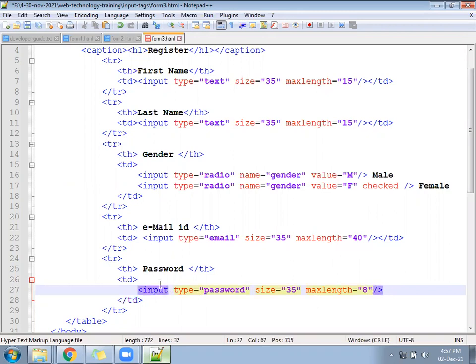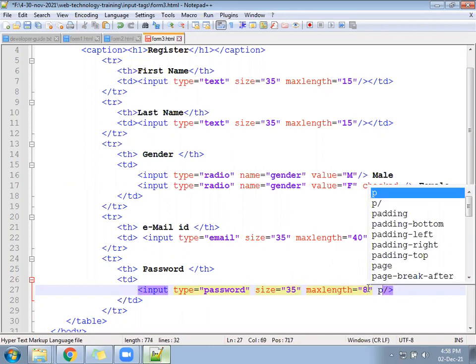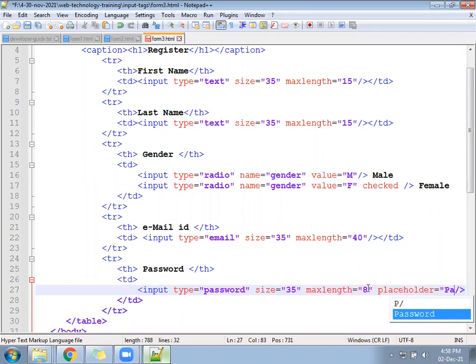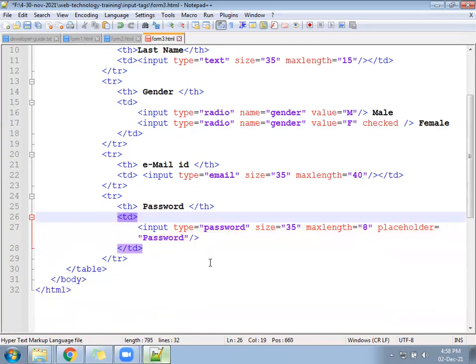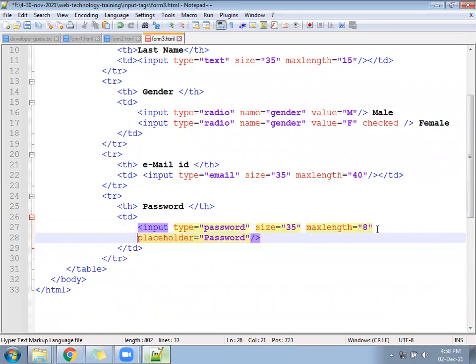And write the placeholder equal to password. Placeholder property, write it as password. I can move the placeholder down also because there is less space on my screen.